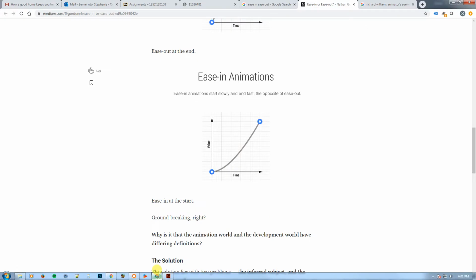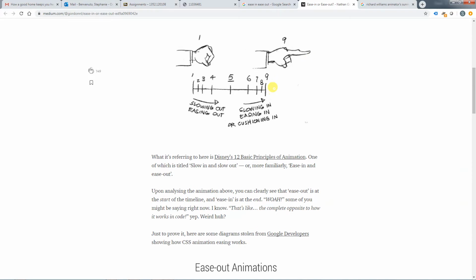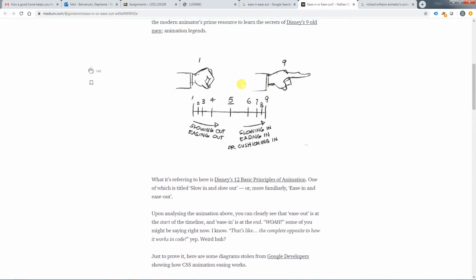So unfortunately, animators always dealt with poses, easing out of this pose, so going slow, and then easing into this pose, right, slowing down. But of course, as a computer person, if you look at the whole span of things, we have a very different idea.